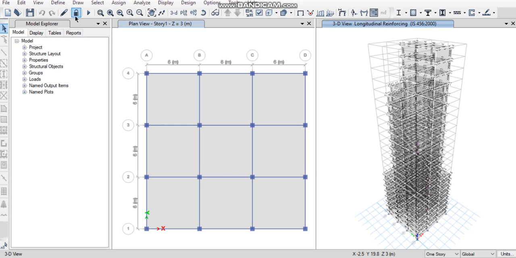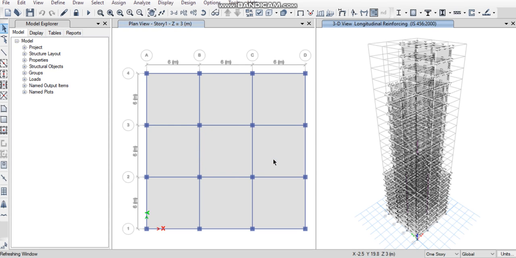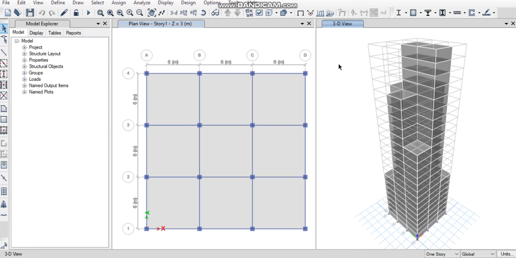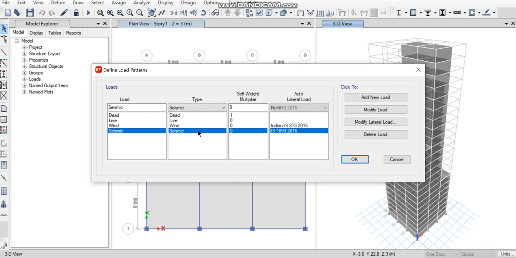For this we have to unlock first to delete the run analysis. After you unlock, as we did similarly, go to define and load patterns. Already we have seismic.